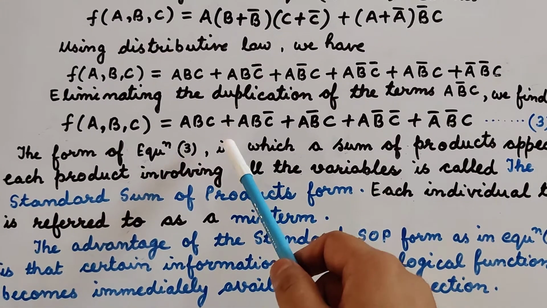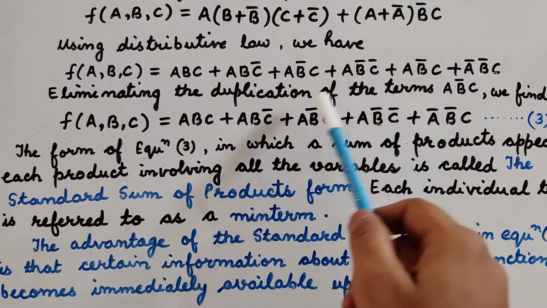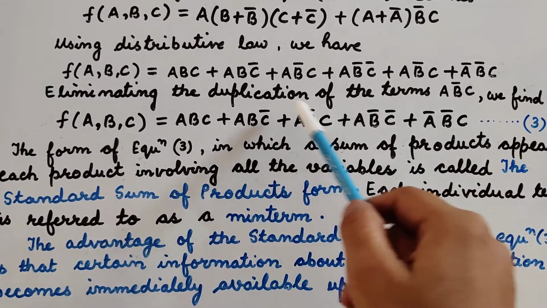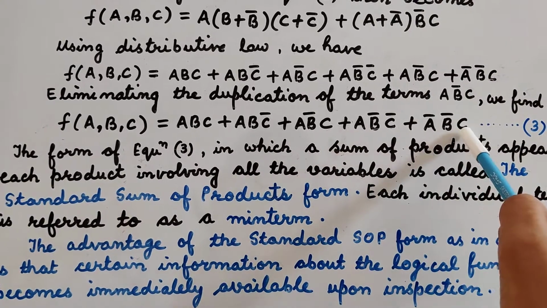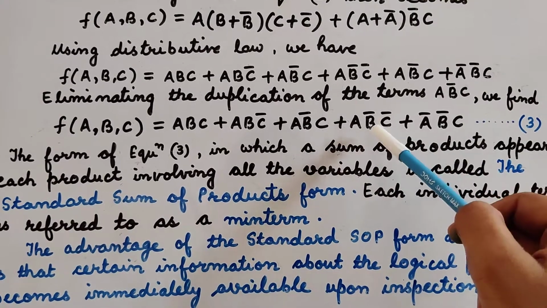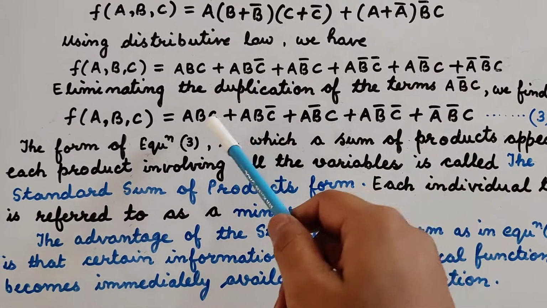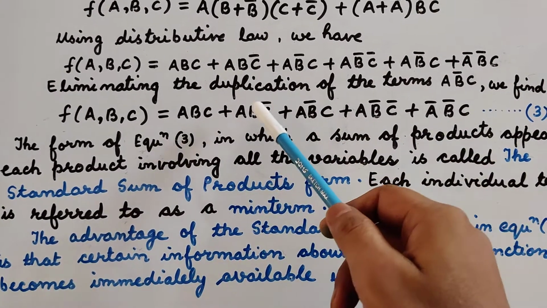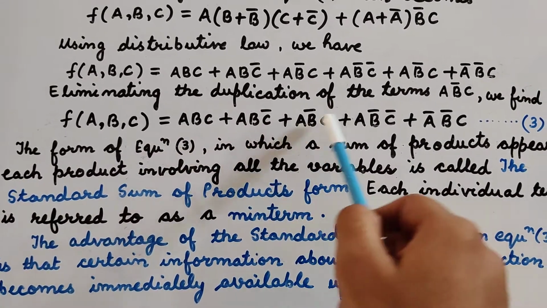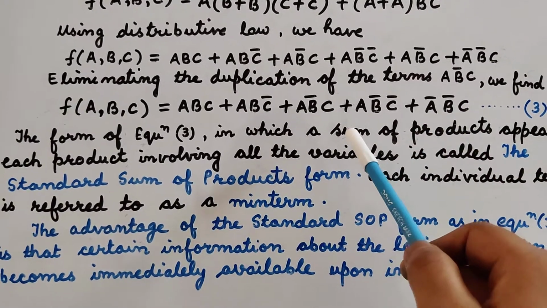Now from this equation 3 we find that this is the sum of products. The individual terms are the products of the variables, and we have taken the sum of all these products. So this is a sum of products form. But in this case we find that each individual term involves all the three variables, either complemented or uncomplemented. So we find that all these terms contain all the variables. So this form